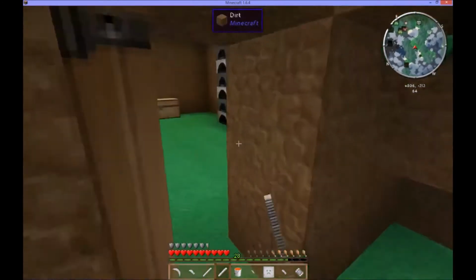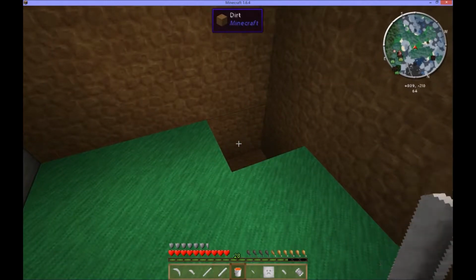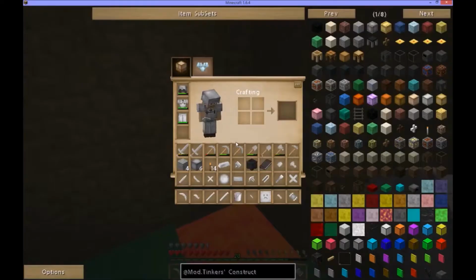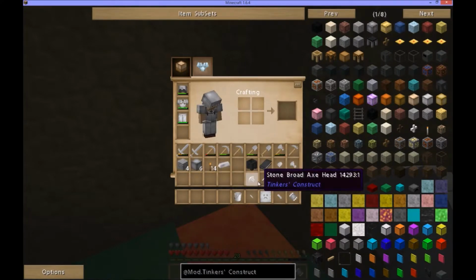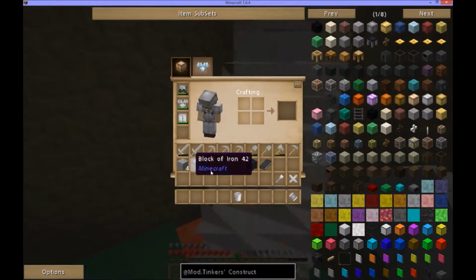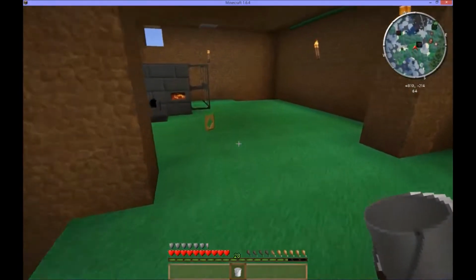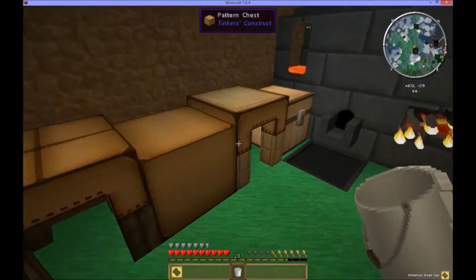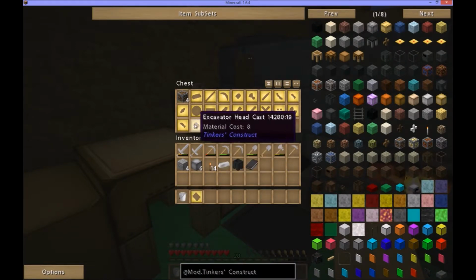We'll dig a little hole in the ground. And then we'll just throw this stuff out, yeah? Okay, so now that we got casts, now we could use any other metals to make our tools. Put this in there. And what I'm going to want at first is a hammer, an